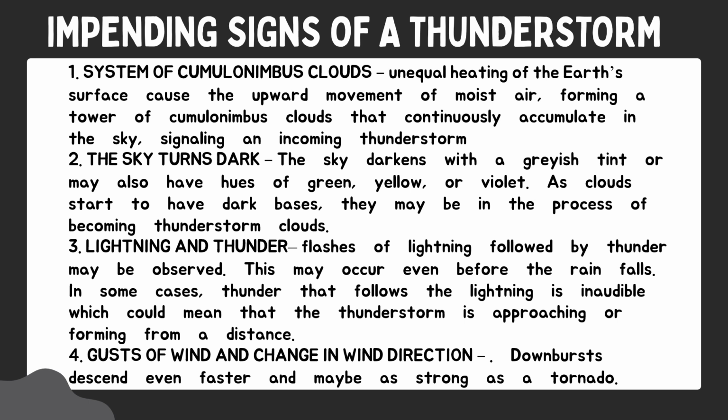Now, the next sign is the lightning and thunder. Lightning is a large discharge of electricity that is caused by an imbalance between positive and negative charges within a thunderstorm. This lightning can heat the air to temperatures hotter than the surface of the sun, causing a rapid expansion of air, which results in a sound wave we hear as thunder.